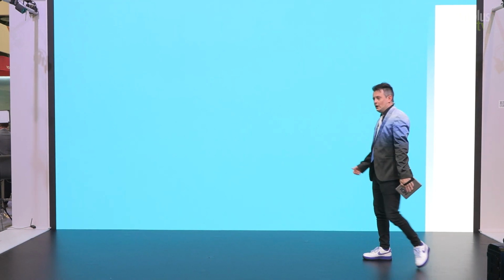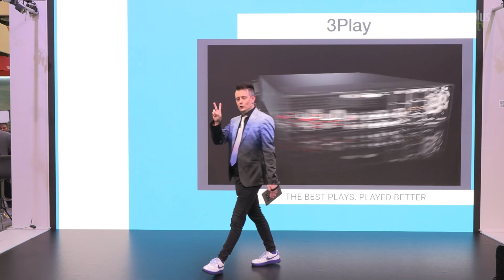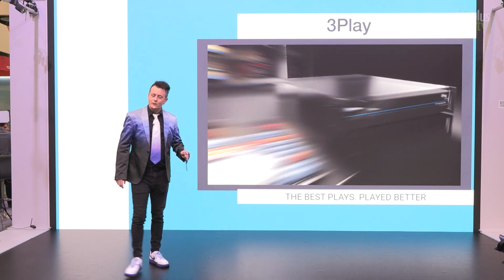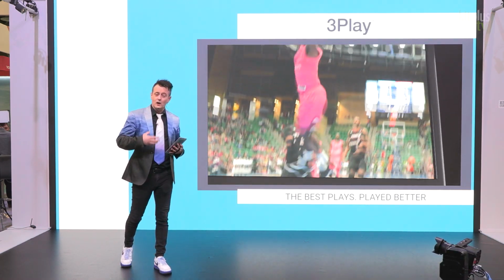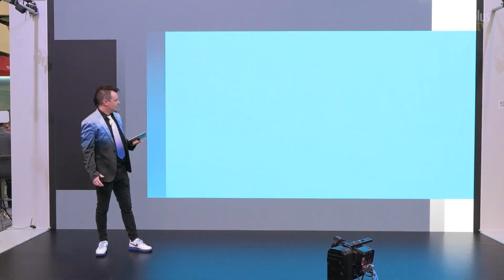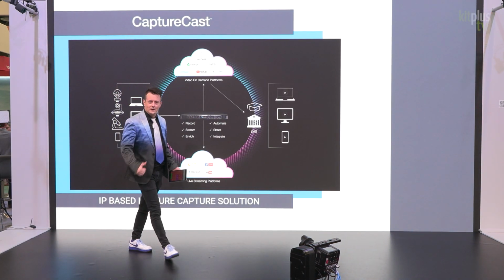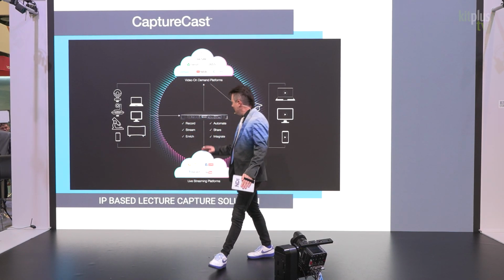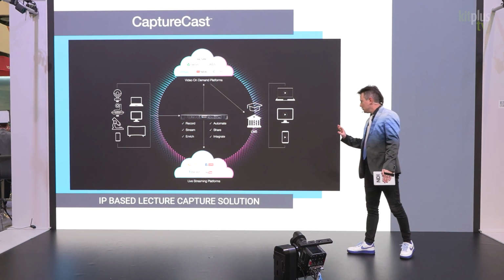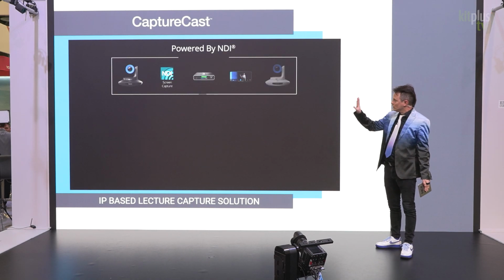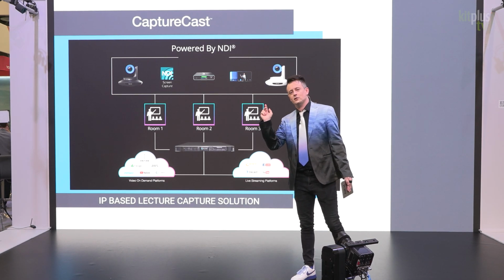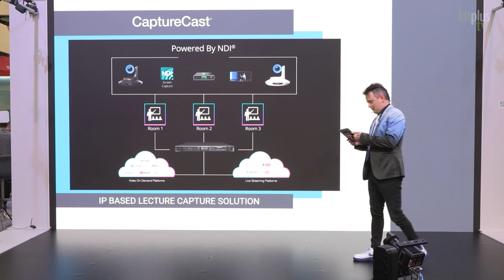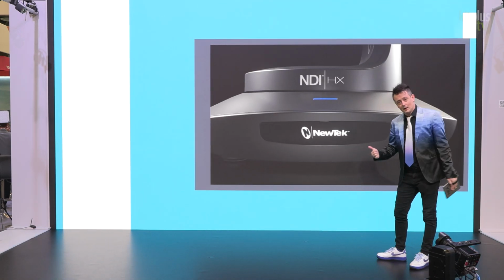And for sports producers, we have the 3Play 3P2 system, which lets you bring in 8 live sources at a time, and using our speed controls allow you to create highlight reels, slow motion, and instant replay. Another amazing product that is taking the world by storm is this, the TriCaster system. TriCaster allows you to automate your lecture capturing and put it online wherever it needs to go, and perfect for education, governance, training experiences.